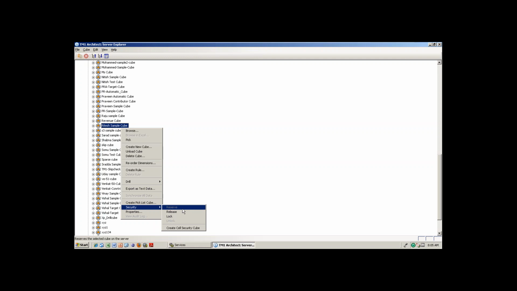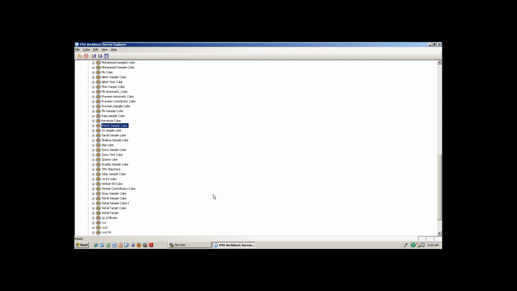Okay, fine. After his work is completed, then he can release it. Once he releases it, automatically everybody can edit it. So if another person wants to do some work, he can reserve and then do his work. But remember, as I explained earlier for the dimension case, in this cube case also it is the same concept.